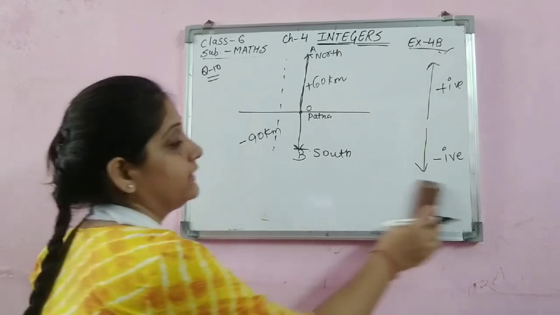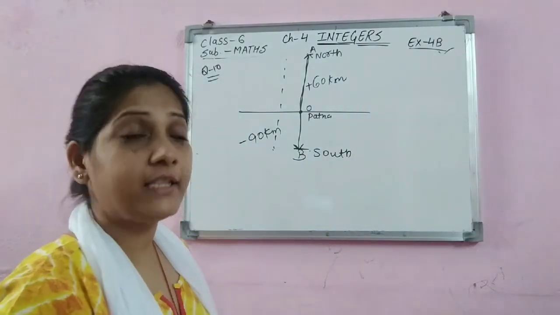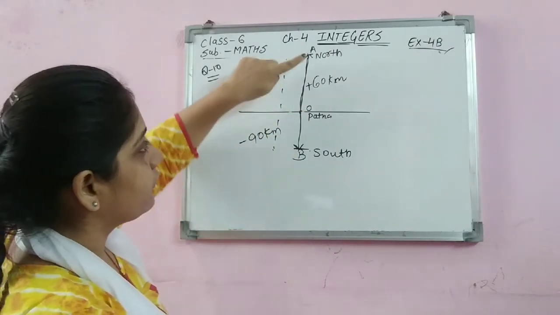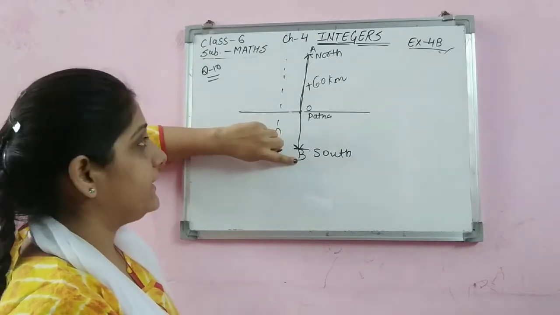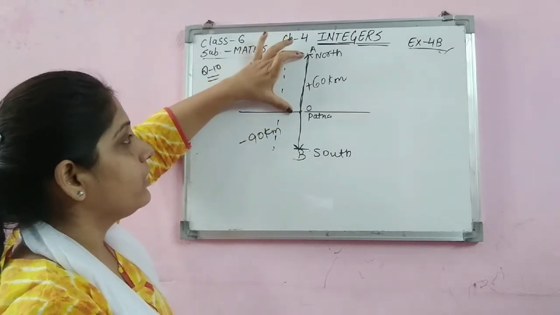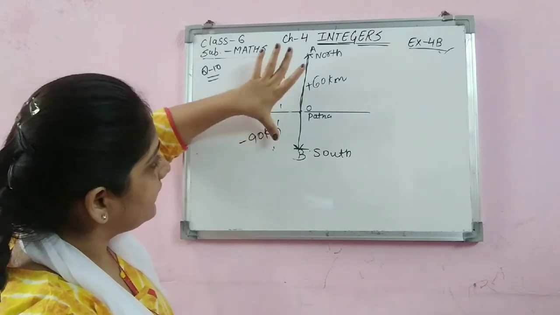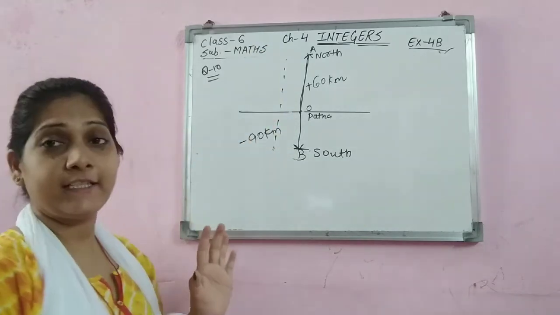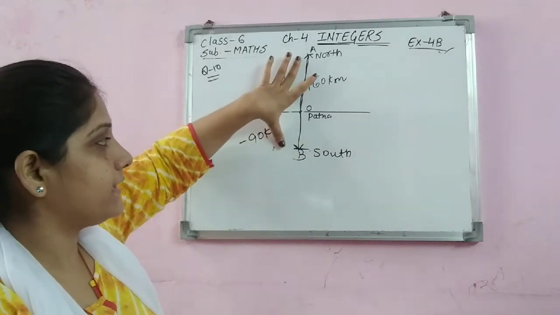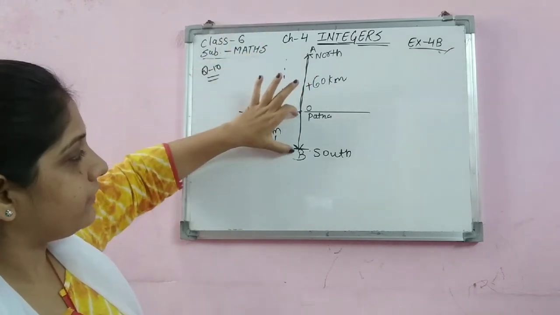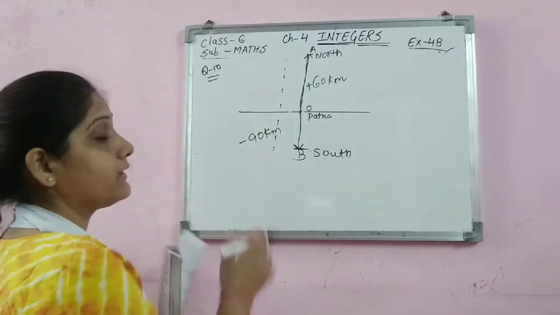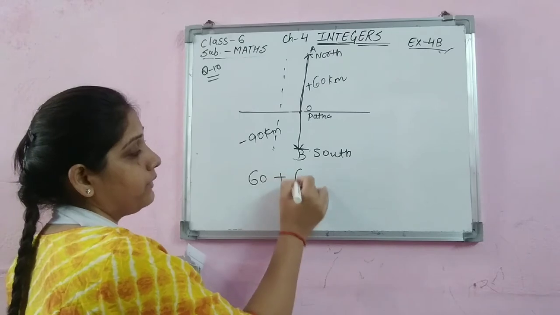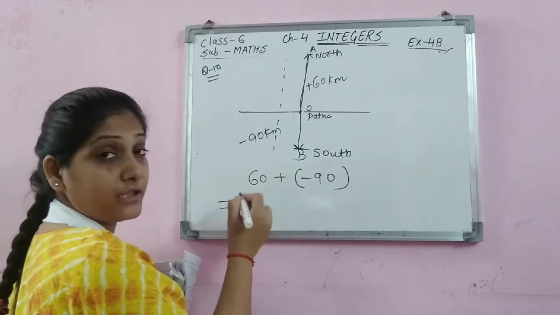Now what we want to find is the total distance. How far it is from Patna. You have to tell how far it is from Patna. So from A to B it is 90 and from OA it is 60. So can I find out BO? From this total distance AB, if we remove the upper one, we will get this one. Is it clear? What is the total distance? It is negative 90. And we can find the difference of this: 60 plus minus 90. This is the total distance.